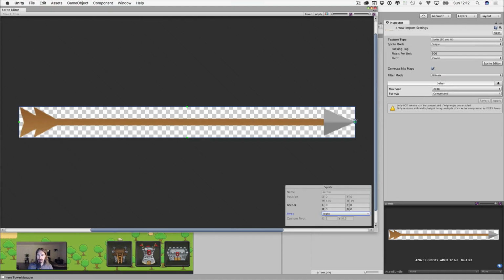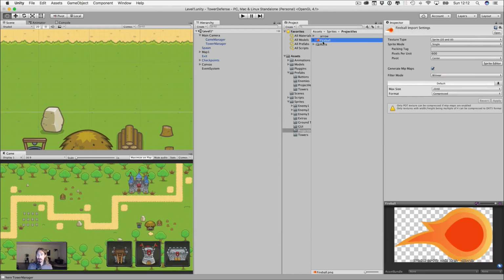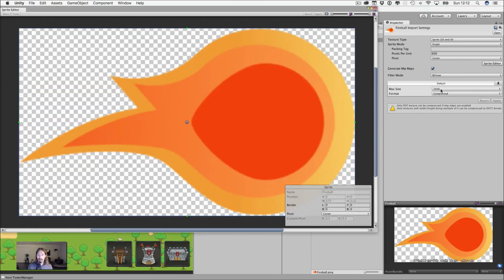And there it is on the tip now, and I think that's perfect. So go ahead and click apply at the top and then close this. And we're going to do that on the fireball also. So click on the fireball, sprite editor,